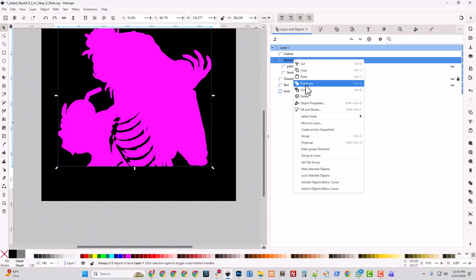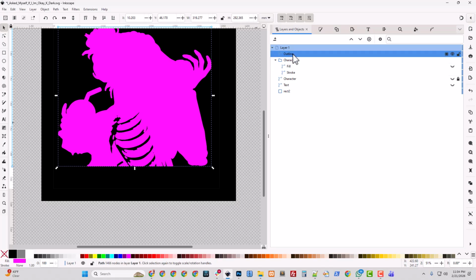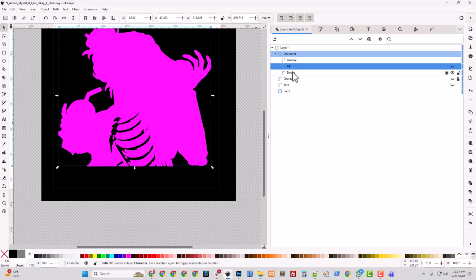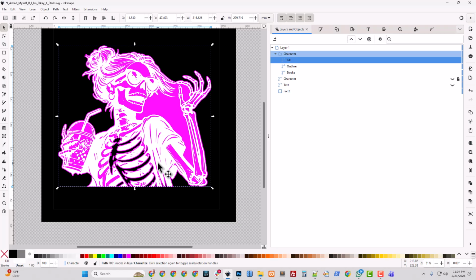And I'm going to ungroup these. So this is my fill. This is my drawing. I'll just call it fill. It's my character. We'll put this inside the character group, so it's all gravy. We'll turn on our fill, and we'll move it above, and we'll see what we got here. I think it's right. It's still confusing my eyes.